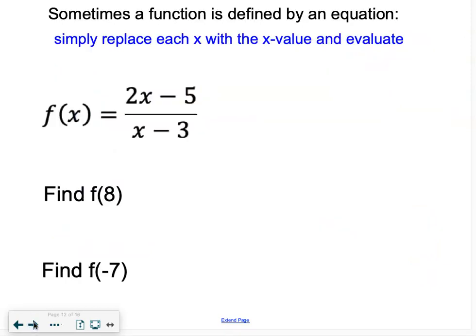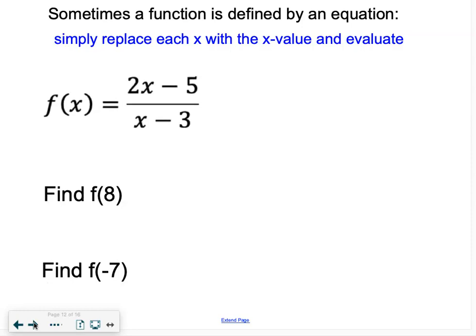Okay, so now we're going to deal with function notation without a graph. You plug it in. Yes. Now, I love using the words plug it in. Technically, it's not mathematically the right way to say it. What we're supposed to say is we substitute this number for the x value in our function. But you will hear me say plug it in all the time. So anyway, if f of x equals 2x minus 5 over x minus 3, and we want f of 8,